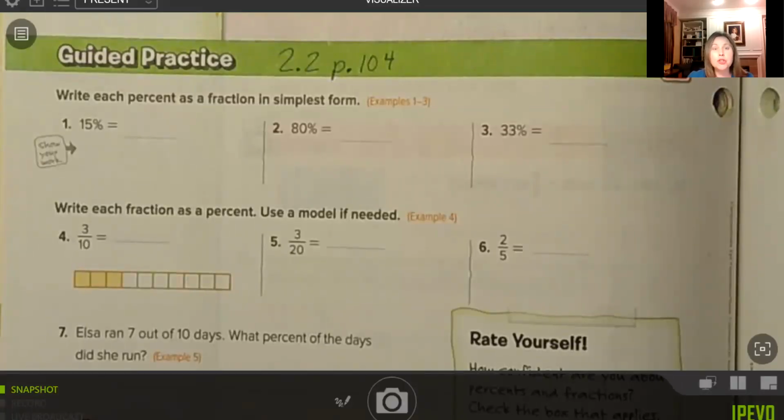We are working on Chapter 2, Lesson 2, page 104, Guided Practice. Numbers 1 through 3, write each percent as a fraction in simplest form. So we have 15%,